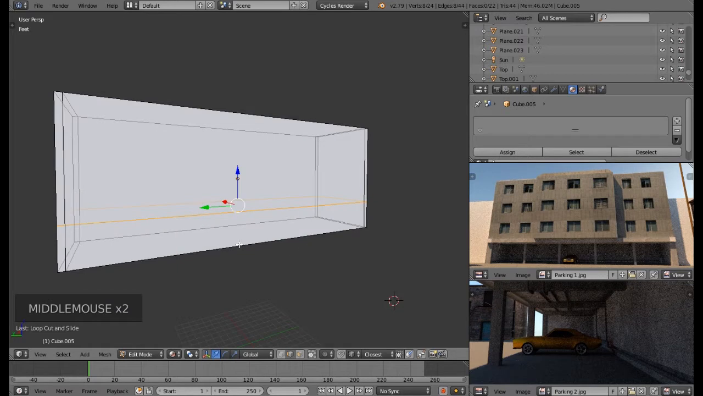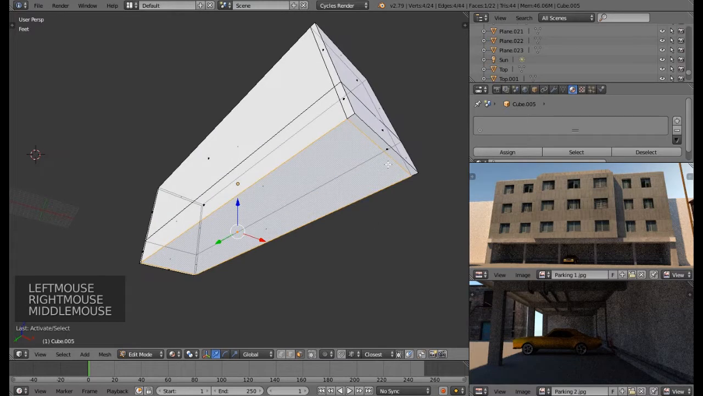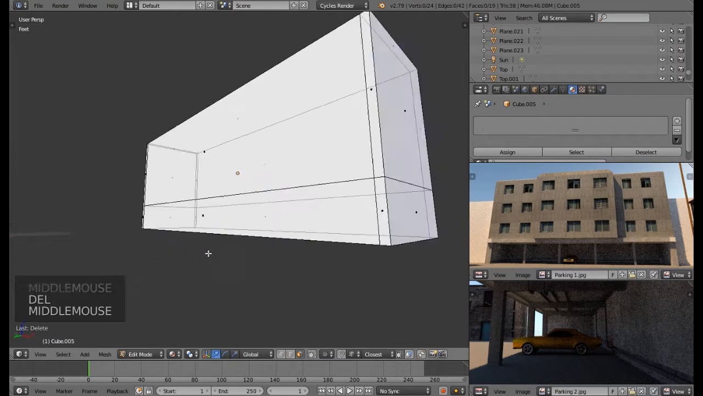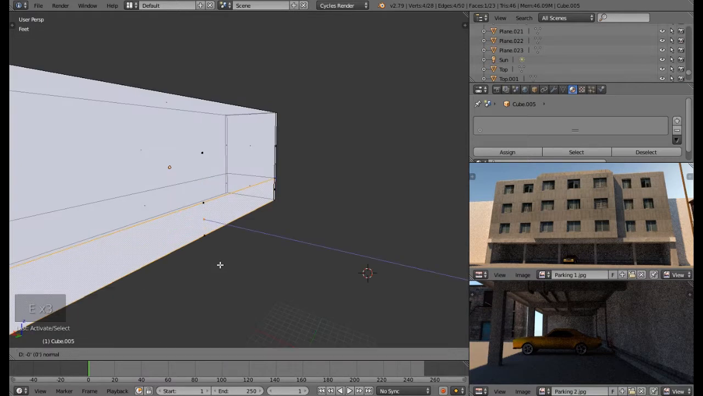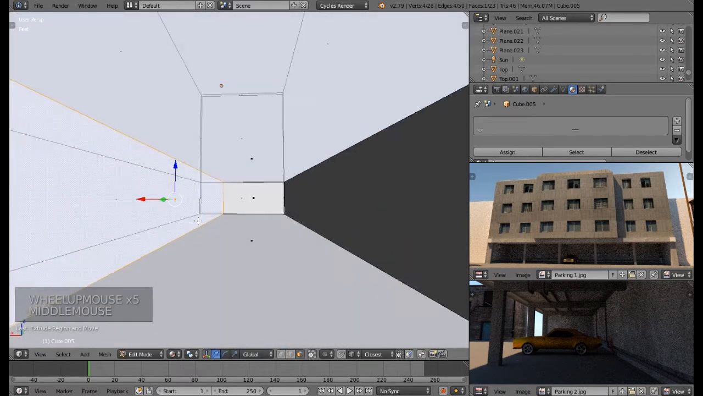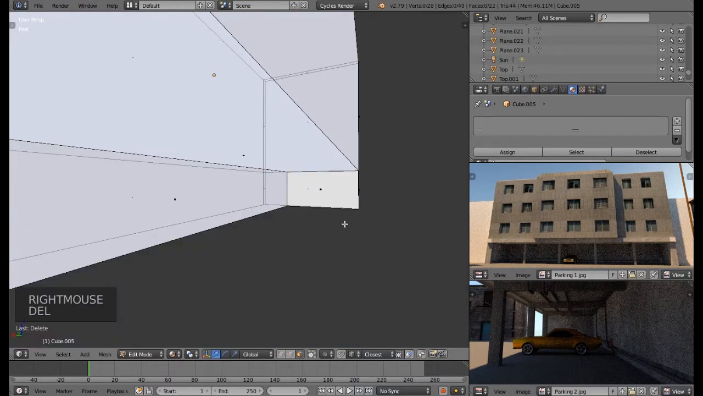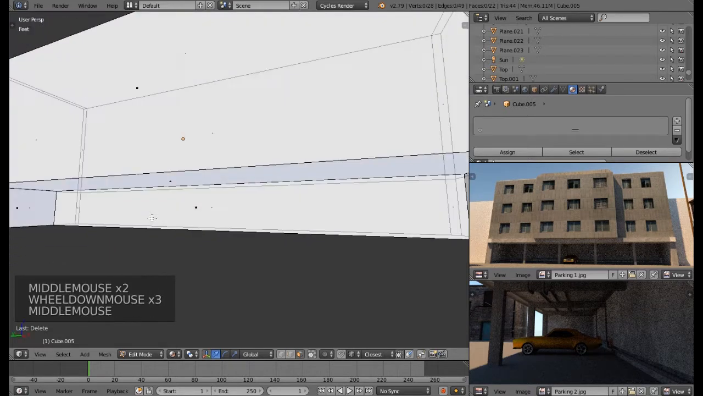So now I need to grab these faces on the bottom and delete them, because we want to be able to see the bottom of this building. So I'm gonna delete these faces. Then I'm gonna grab this face and I'm gonna extrude it inside here, just to make the basic form of the parking. Yeah, we don't need this face because we will have some kind of a ground under these buildings. Okay,